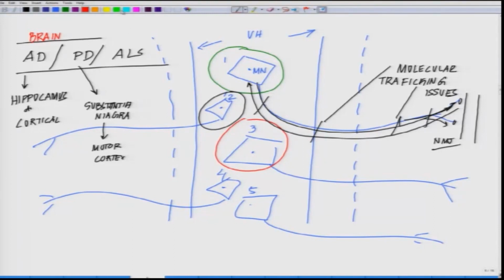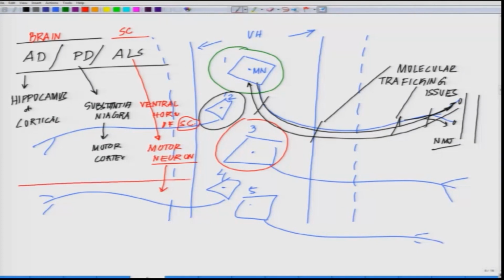whereas this one, the ALS, is sitting at the spinal cord, and here you are affecting the motor neuron, so this is affecting the ventral horn of the spinal cord, SC stands for spinal cord, especially affecting the motor neurons, and all three have this one common feature,